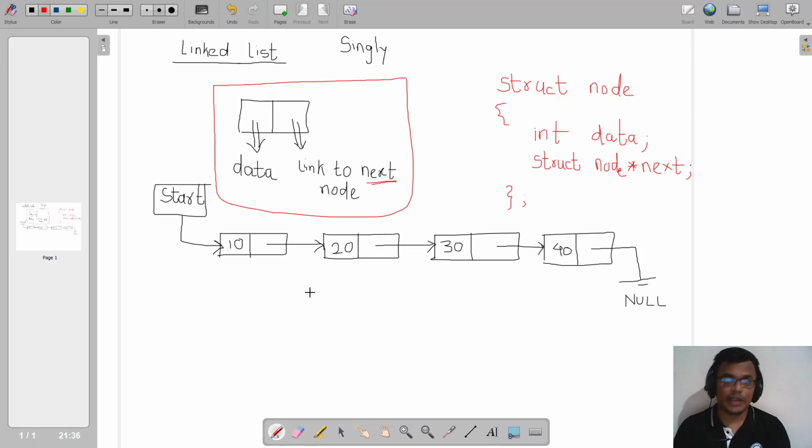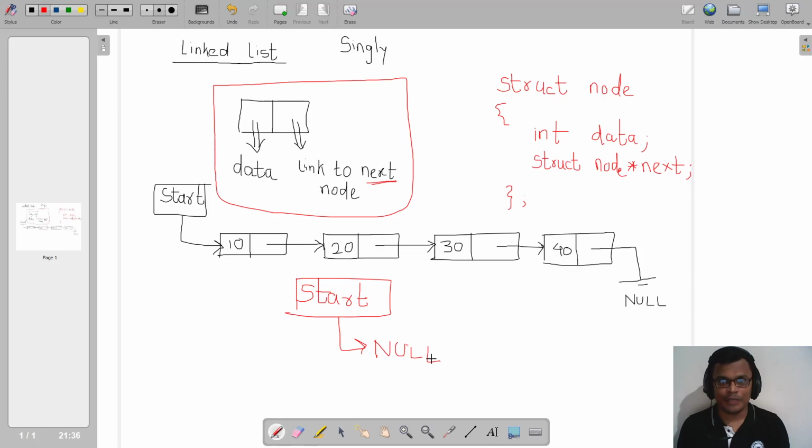Initially, when our linked list is empty, this external reference pointer start itself will be pointing to null. So whenever our linked list is empty, what will be our situation? Start itself will be pointing to null, because there are no nodes in my linked list.